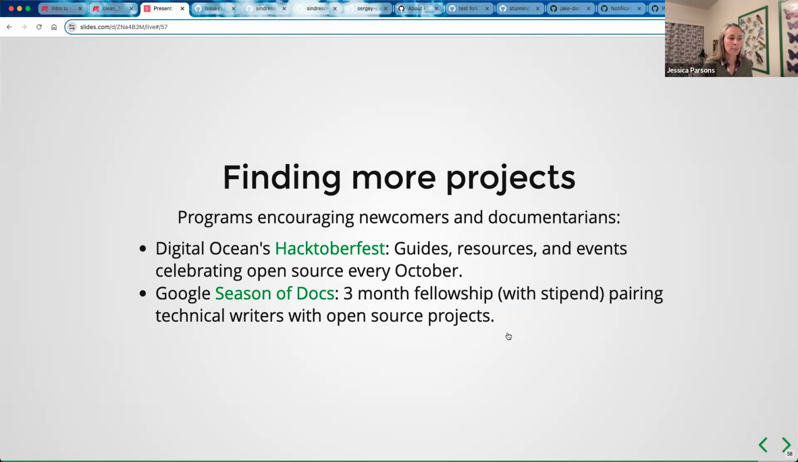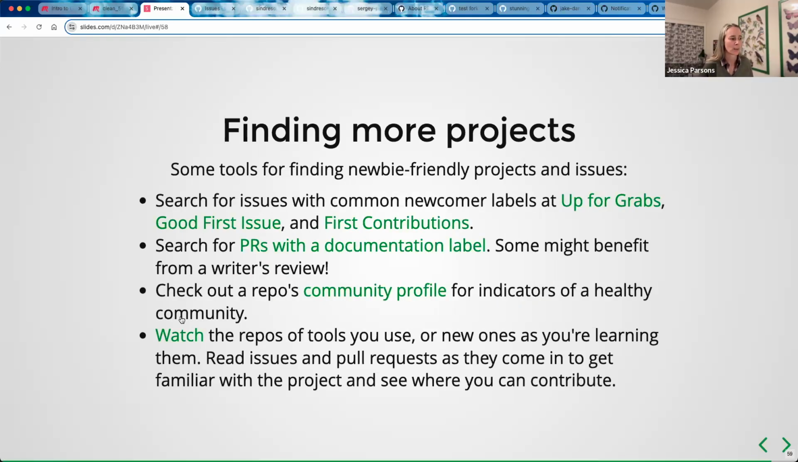There's also programs to encourage newcomers and documentarians. Hacktoberfest happens every October. Come around next year for that one. Season of Docs is something that Google does that is a fellowship and stipend for technical writers working on open source. This has a bunch of links to tools and sites for finding